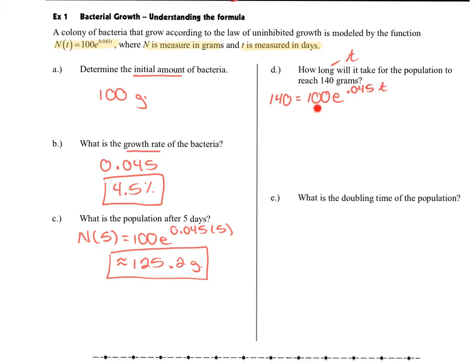So we're going to start by dividing both sides by this 140, or this 100 I meant to say. If I divide both sides by 100, those are going to cancel. And on this side, even without a calculator, the zeros will cancel. The 14 and the 10 are going to reduce to a 7 over a 5. That's going to make this a little bit easier to write in our next step. So we're going to have this 7/5, and we're going to have e to the